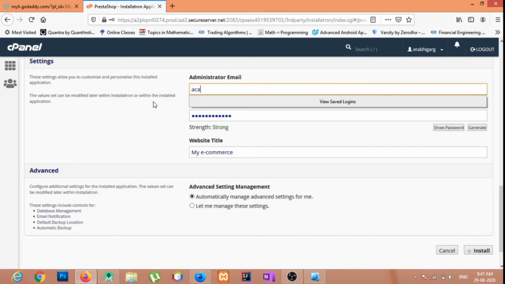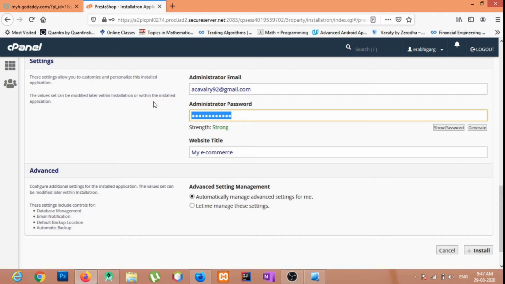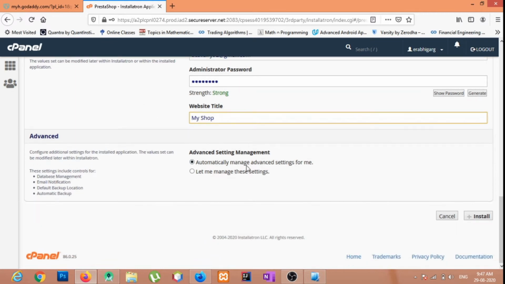I will enter my email. This will be the admin ID that you will need to use on the backend. And I'll set a password for myself. Here we can enter a title, my shop, and let PrestaShop handle the advanced settings. Now click on install.